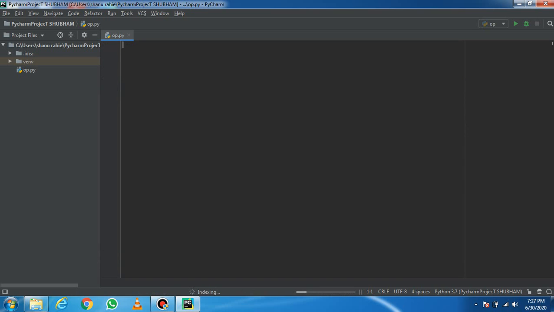Now you will see this kind of page in your PyCharm. You have to start with project files. You have to create a project, and in that project you have to create a file which has the extension .py. You can see that I have used a file named op.py. In op.py I will do all my programming. The .py extension means Python extension.